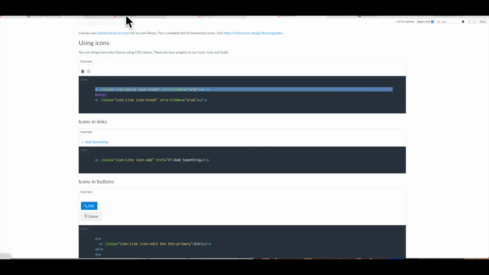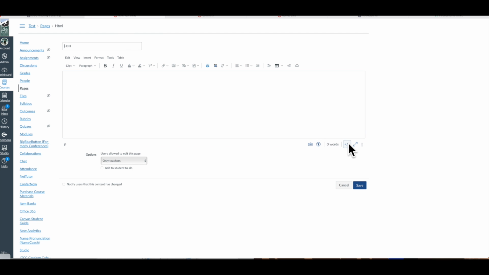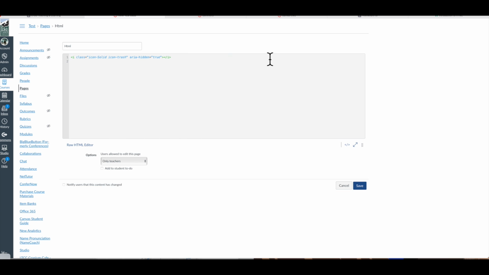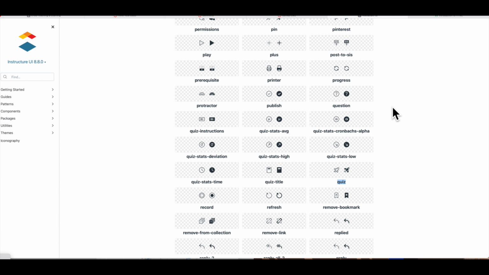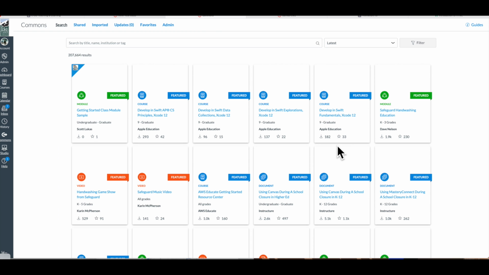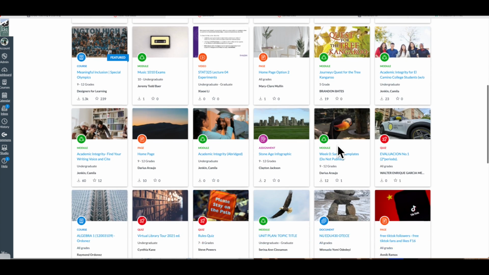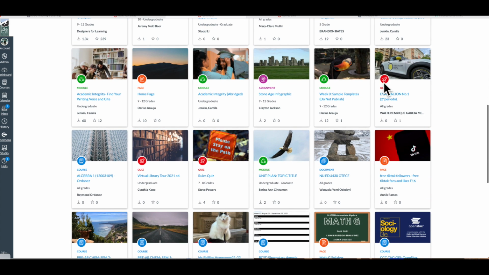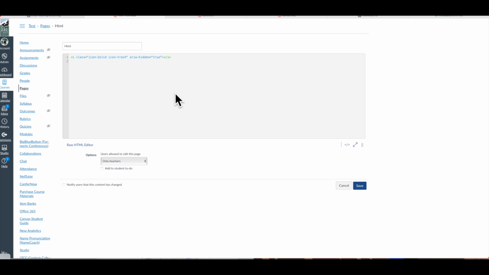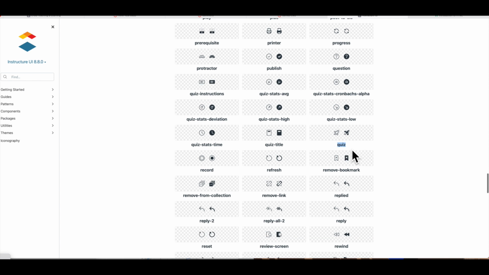So we'll just take our code that we used before, go to our HTML editor, and copy that. And again, this time, I want to choose something different. And actually, this could be kind of cool. Check out the icon for quiz. If I go to Canvas Commons, I can discover that the default icon is that little rocket ship for a quiz. So this is one great way of creating standardization in your class. So I would go to the list of icons, copy and paste this quiz, or type the word quiz, and